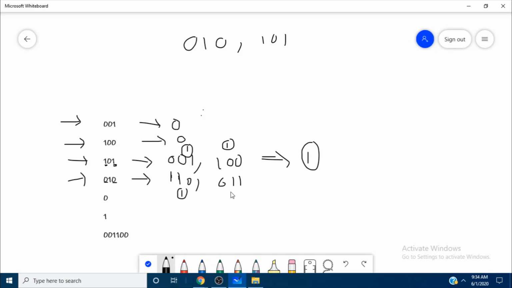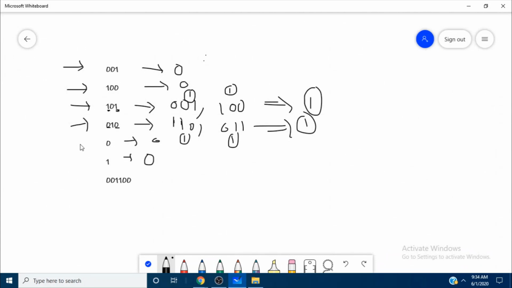Both will require one operation, so the minimum operations is 1. Right? Let's see this. It does not contain 010 as a subsequence, so we can directly output 0 operations for both of these.